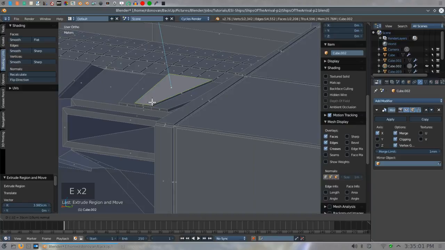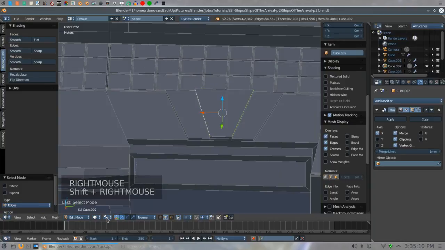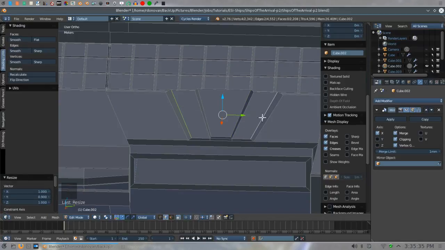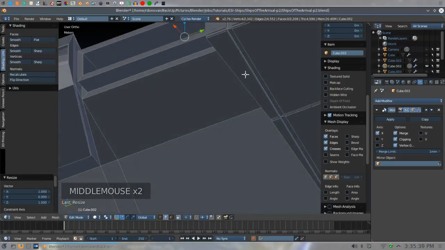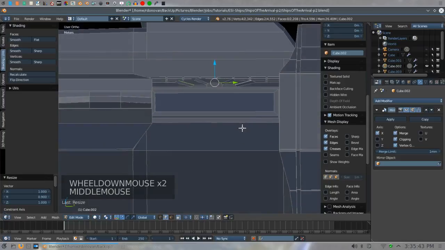extrude 0.125, a little bit smaller, edge select mode, median point, scale Y 0.9. Okay, and so those are the ones on the top. We now need to put the ones on the bottom. And we're going to have basically the same